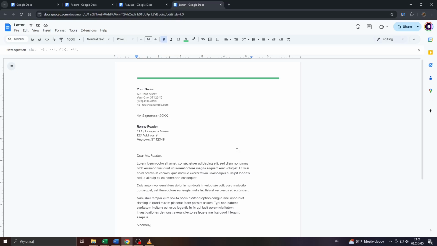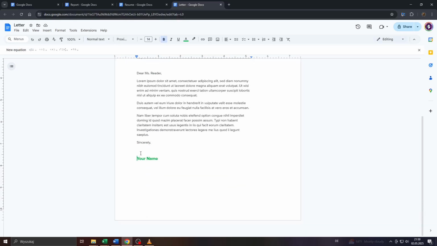So as you can see, we're on Google Docs and I chose this example document here for the sake of this tutorial. So in the first step, what you want to do is click where you'd like to place the equation. So let me place it, let's say at the end of that document. So left click there, and what you want to do after that is click on insert